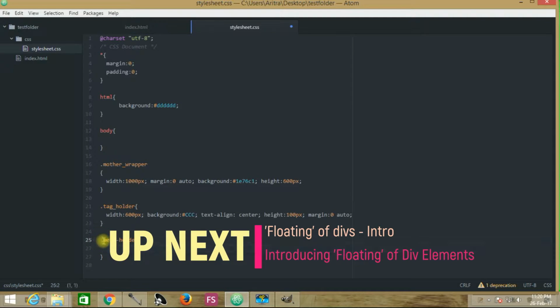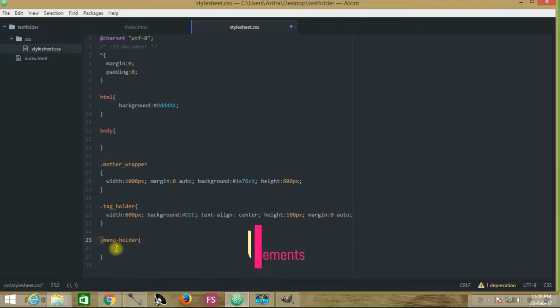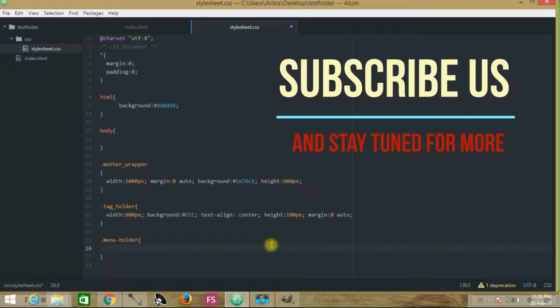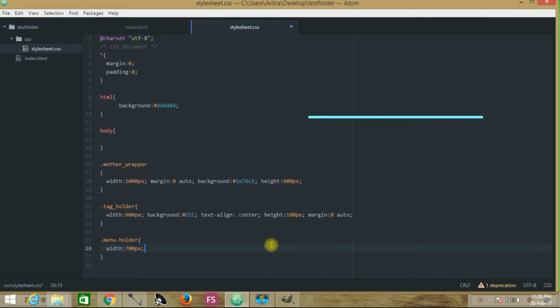Here we are using a dot, that means it is declaring a class, and menu-holder is actually the selector name. Now all you have to do is to create some particular dimension for it. Width, say we have provided a total width of 700 pixels for this menu, or you may provide 800 pixels, whatever you wish, but keep in mind that you should not exceed 1000 pixels.